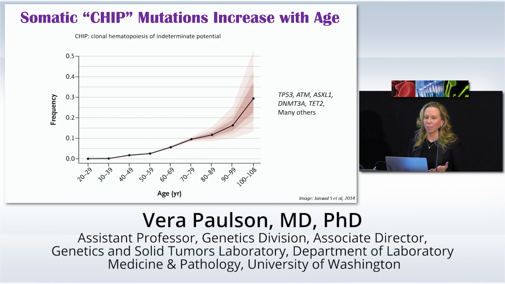So what is CHIP? This is clonal hematopoiesis of indeterminate potential. And basically it's the accumulation of mutations with age. And so you're seeing those in genes like DNMT3A and P53, ATM, et cetera, right? Many others. And by age 70 to 79, it's about 10%. And once you get into the 90s, we're at 20%. And it really, though, depends on the depth of coverage. And there are some studies that suggest with orders of magnitude coverage, we can actually get everyone to be positive for a P53 mutation.